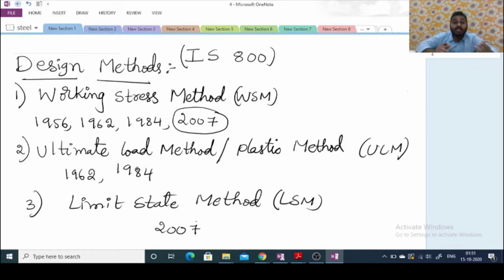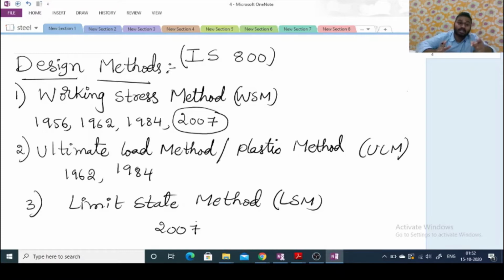Now the other reason is to understand what is meant by the limit state method exactly, or how the limit state method has evolved. We should have the knowledge of the working stress method and plastic method. Then only can we easily understand the limit state method, or feel much more comfortable with it by having the knowledge of the working stress method and ultimate load method. So because of these reasons we are not supposed to concentrate only on the limit state method. We should concentrate on the working stress method as well as the plastic method. Is it clear now, everyone?